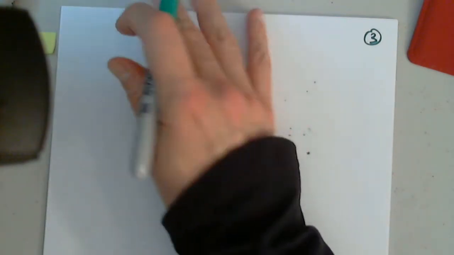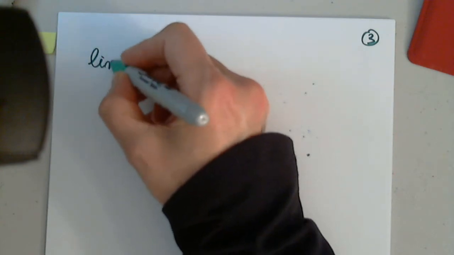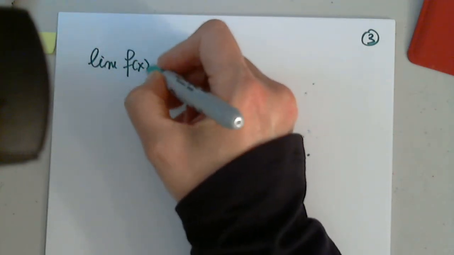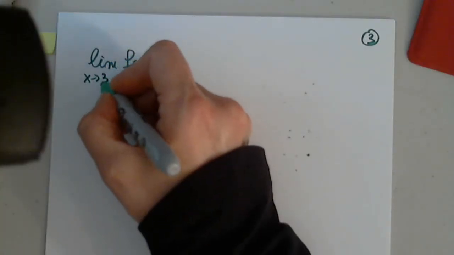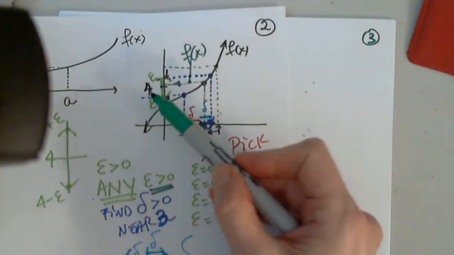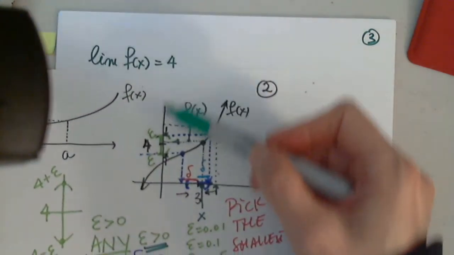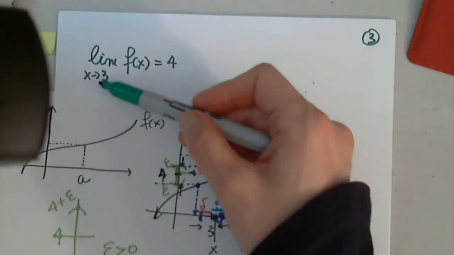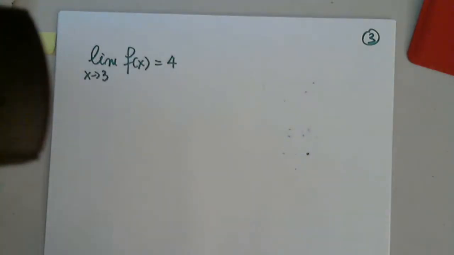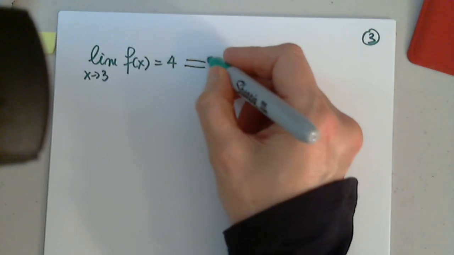So let me write the definition with the numbers that we came up with. The limit of the function as x approaches 3 from either side is 4. That was our example. I made it up. This was a function for which I said that the limit is 4. And I also said that x approaches 3 from either side. This is equivalent to